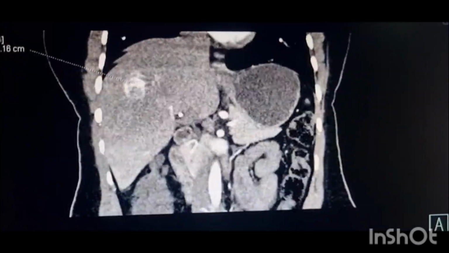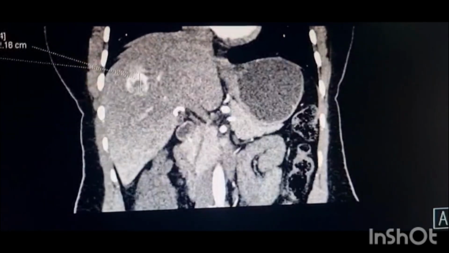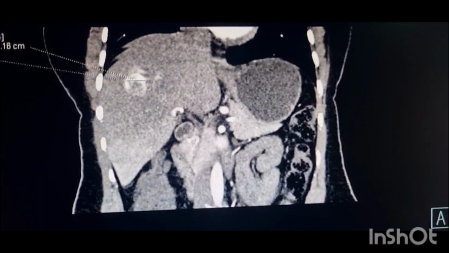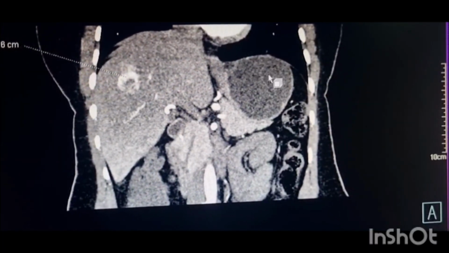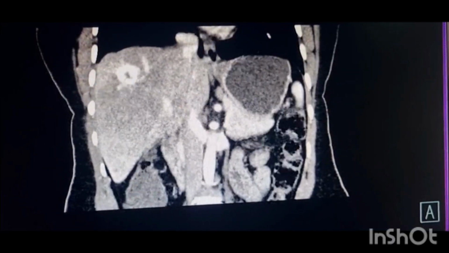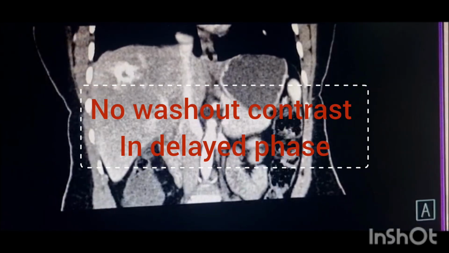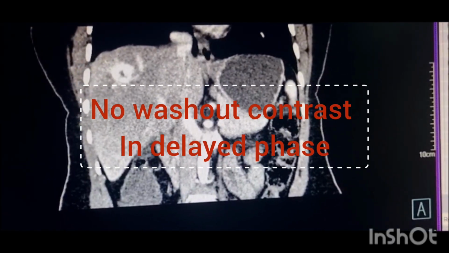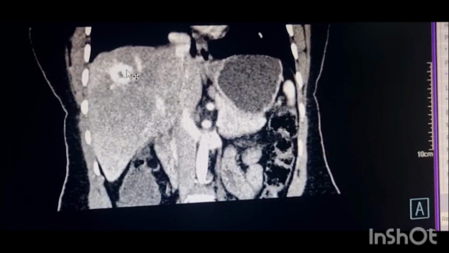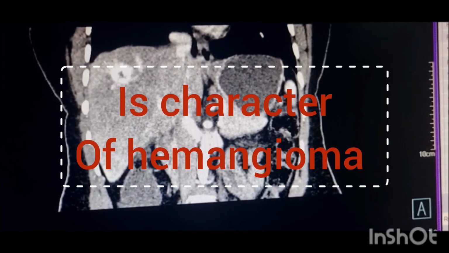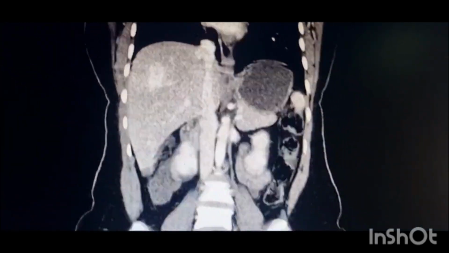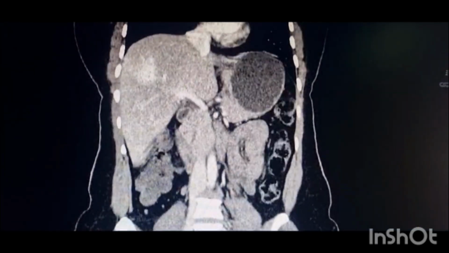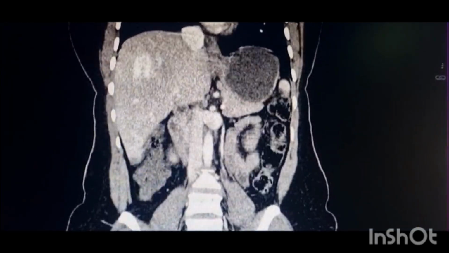Now let's see in the coronal plane. This is the early arterial phase where we see peripheral nodular enhancement. In the late arterial phase, we can see this enhancement become thicker, and in the further hepatic venous phase, we see this is almost completely filled with contrast